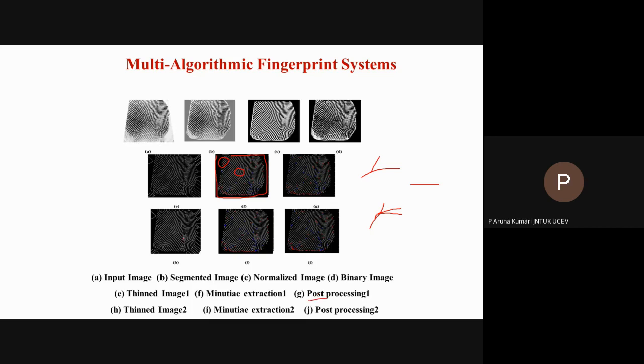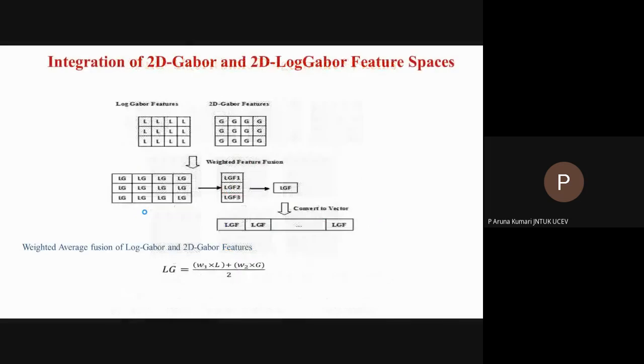That's why we have applied two different thinning algorithms, and from these two different thinned images, we have extracted minutiae points, and these minutiae points, which are features, we can combine at the feature level. For example, if we take the iris, I have extracted log Gabor features and 2D Gabor features from